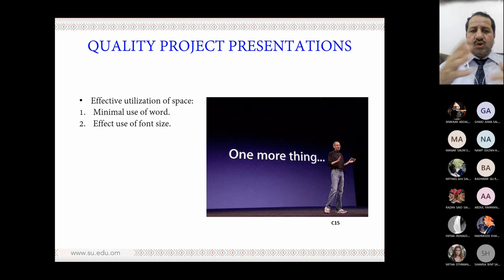Now, also part of the tip is effective utilization of the space. This is Steve Jobs, if you remember. See the screen behind him. He just wrote three words, "one more thing." Very simple, and he starts talking for half an hour. Always people look up to him, to the information he delivers. Very simple. And always they remember there is one more thing. Okay? So make it simple.